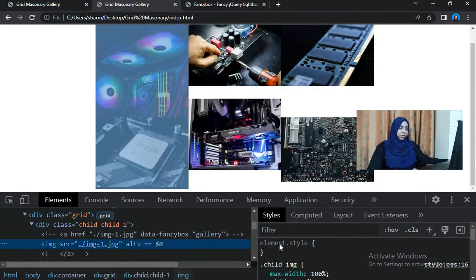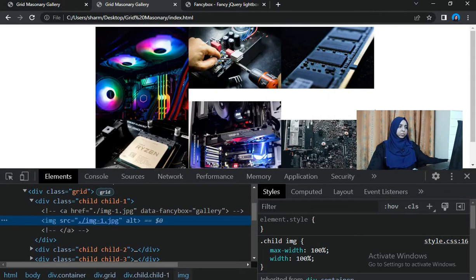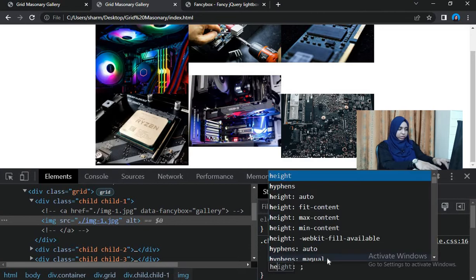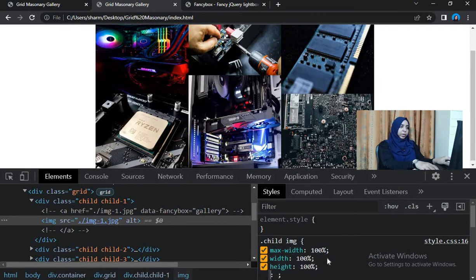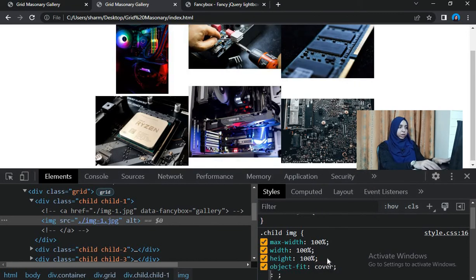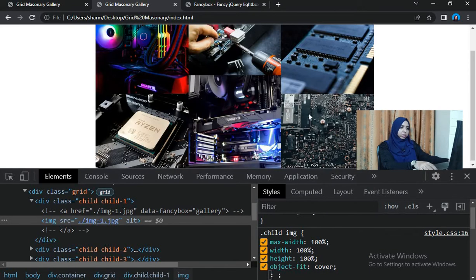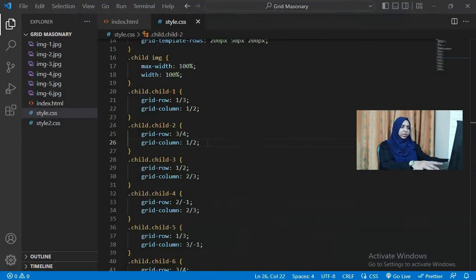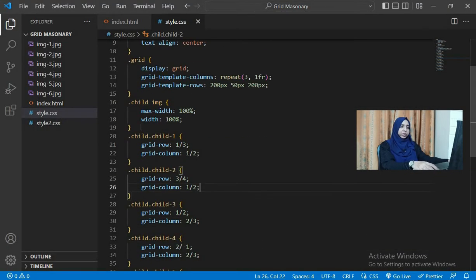So now to fit our image, we will use the object fit property. Now I don't know if you guys already know about this, but if you guys don't know, then you can use this property over here. So we make it a height of 100%. It kind of looks like our design, but you can notice that the images have stretched, okay, and we don't want that to happen. So what we can do is, you can use the object fit property and say cover. Okay, we say cover, and you have them fit perfectly. Okay, so they won't stretch anymore, and they will just try and adjust themselves in that space. So we say object fit cover. Okay, there are many other properties that you can use with object fit, and I will definitely come up with a video